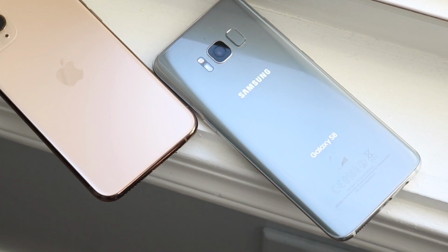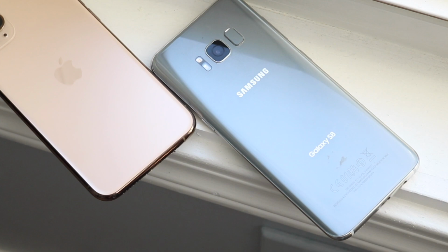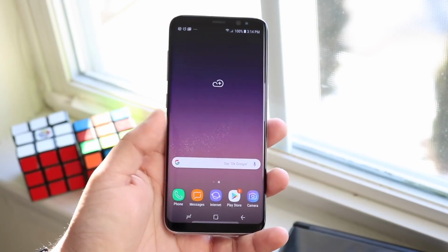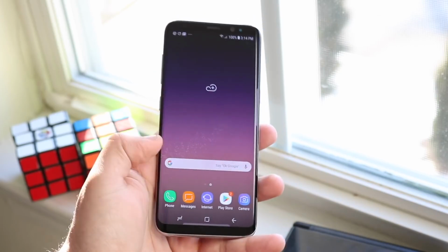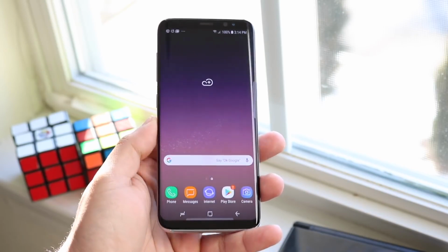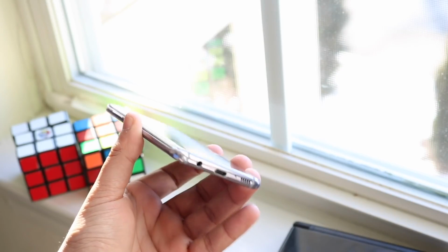Very similar kind of layout, but obviously the notch on the 11 Pro versus just the slimmer bezels on the S8. Now in terms of software, this is a thing where the iPhone 11 Pro has the biggest advantage really. It's just getting started with software updates, with a newer phone, that's kind of what you get. But even if these phones were the same, like let's say the S10 and the 11 Pro comparison that I already did, the 11 Pro is still going to outbeat the S10 in terms of software updates as far as